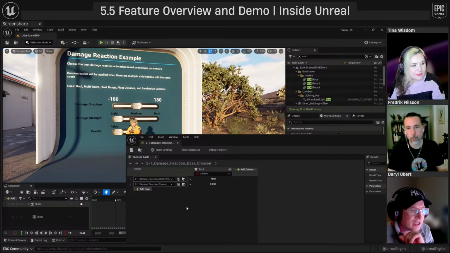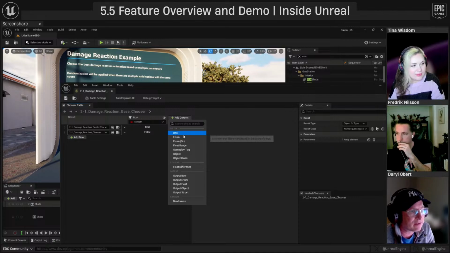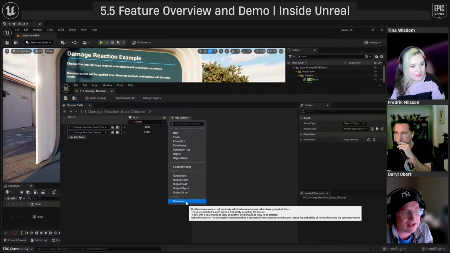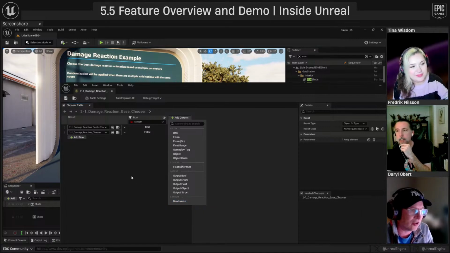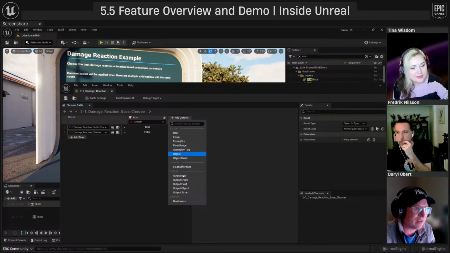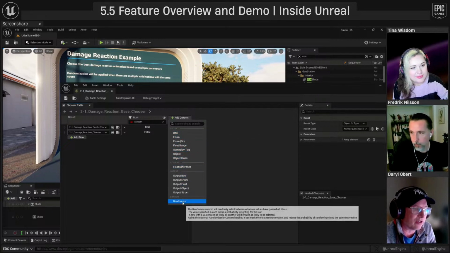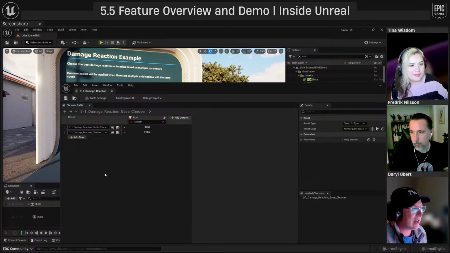Another thing that's worth mentioning that's also new in 5.5 with choosers is we've expanded the list of things that you can do. Most importantly, we've added randomize. This one is really great because it allows it to run a randomization of all the different things that the chooser might have the ability to select from. So different basic filters and outputs and things like that. This list is expanded. There are more options in 5.5, as well as this randomizer, which to me is the big one.